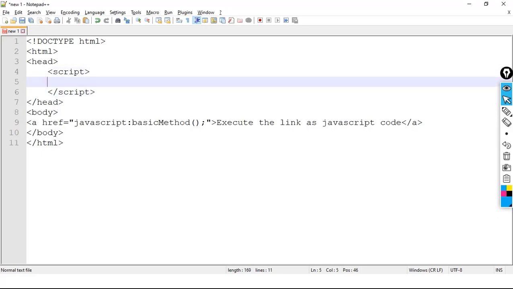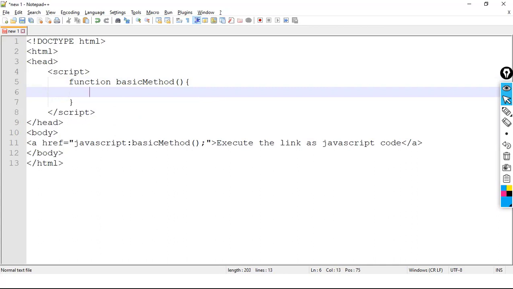In the opening and closing script tag, I will write my JavaScript code. What is that? function basicMethod, and then the body of the basic method. Within the body, I will write alert. In alert, I will write: this is our JavaScript code, and exclamation mark. Then I will write semicolon. So our code is ready.